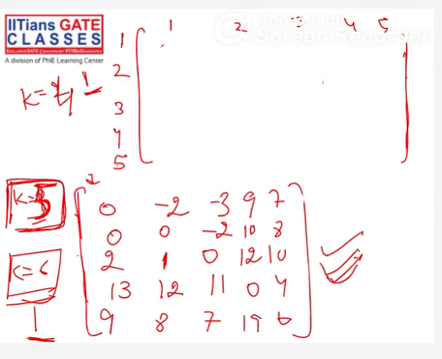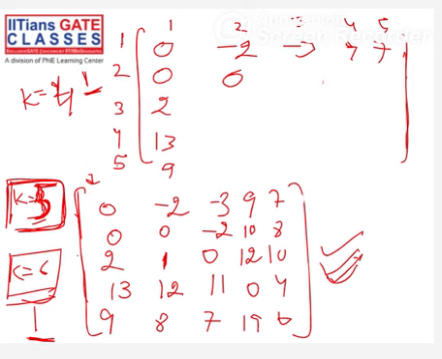So 1 to 1. So this will be not modified. 9 and 7. This will also remain same. 0, 0, 2, 13 and 9. Alright. Okay. So one way is you can try to build this matrix. Let me just draw it. 2 to 1 and 1 to 2. This will be 0. 2 to 1 and 1 to 1 to 2.